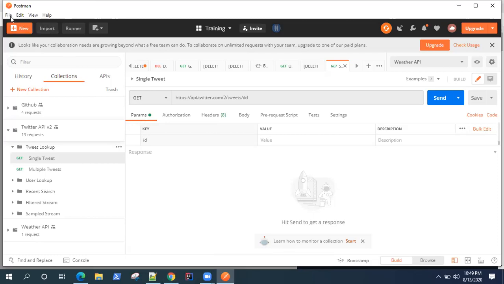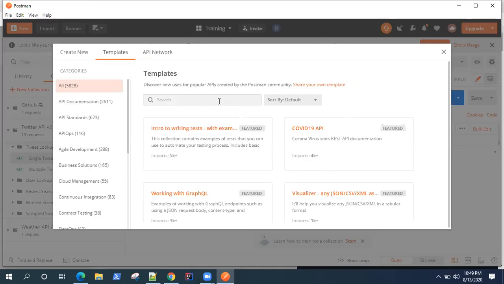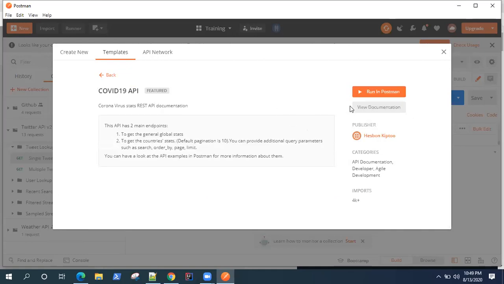So let's have a look at another API template this time, right? So here, there are thousands of templates. Let me start with this COVID-19 API, right? So that's one of the most popular topics right now going on. So let's see how we can utilize this template to get started with this API.